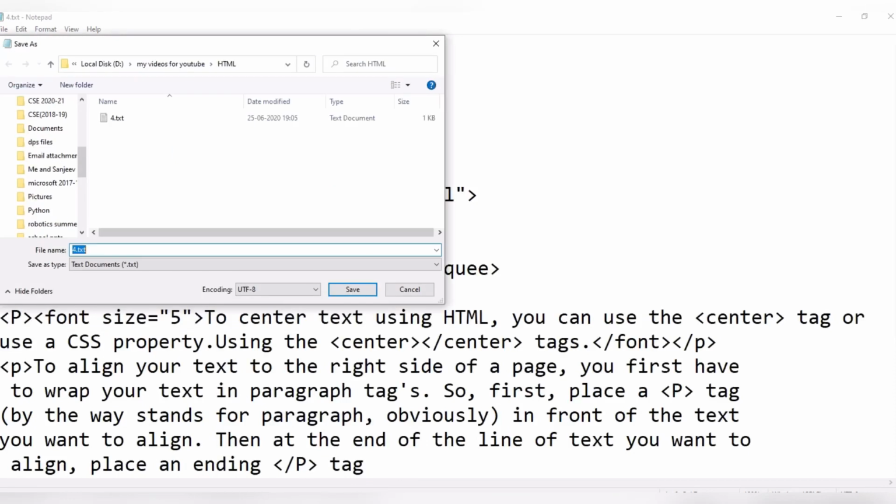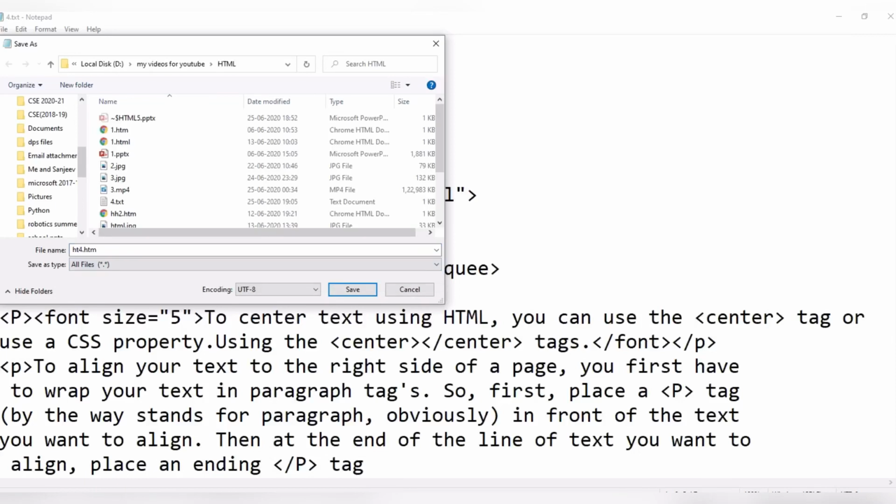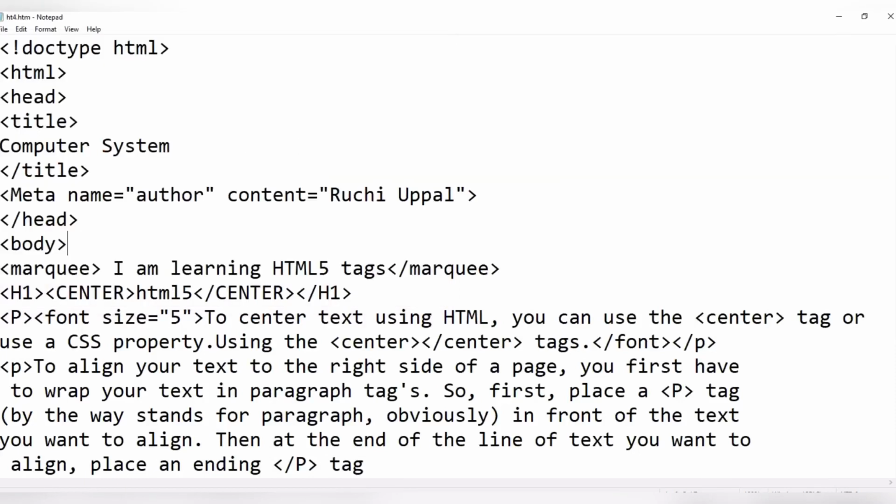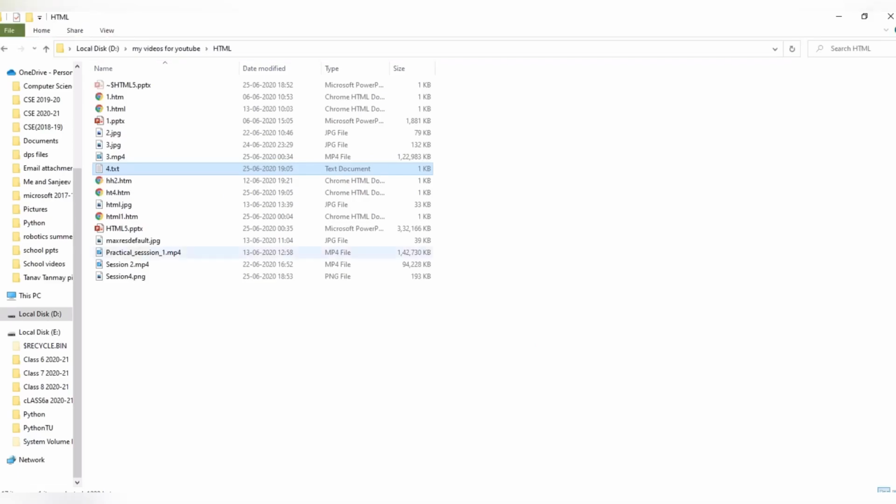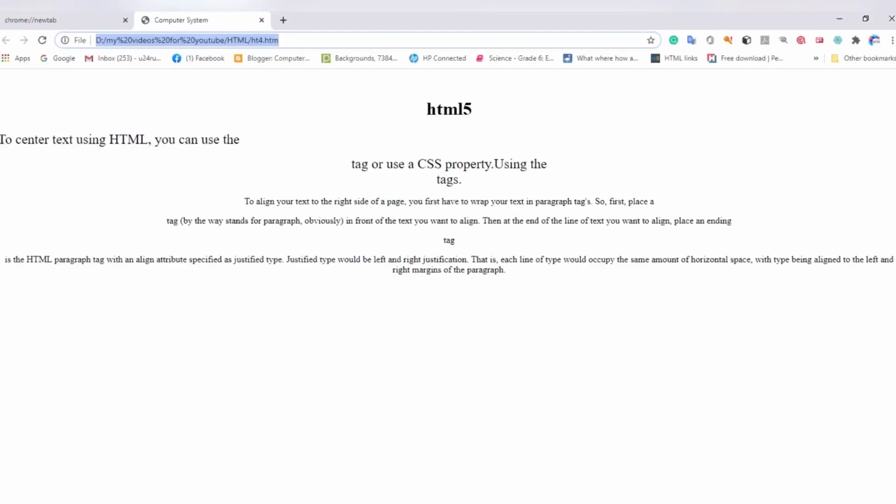So I'll save it as ht4 dot htm. Clear? And after that, all files done. So let me open my file now, this file will be opened in the browser.